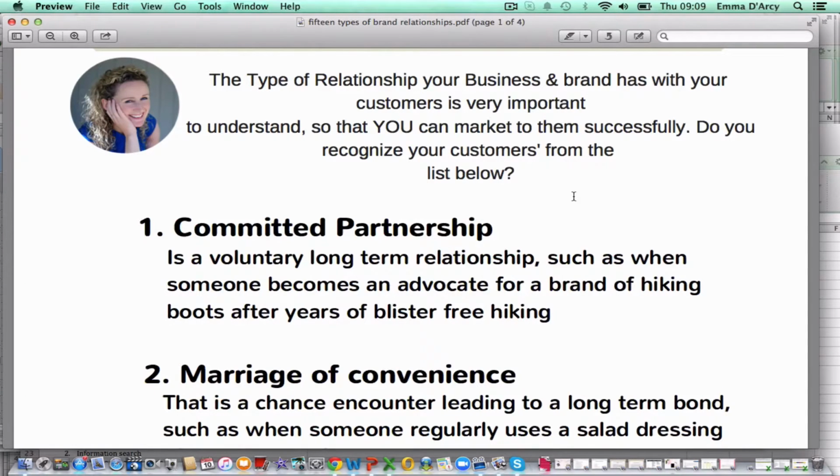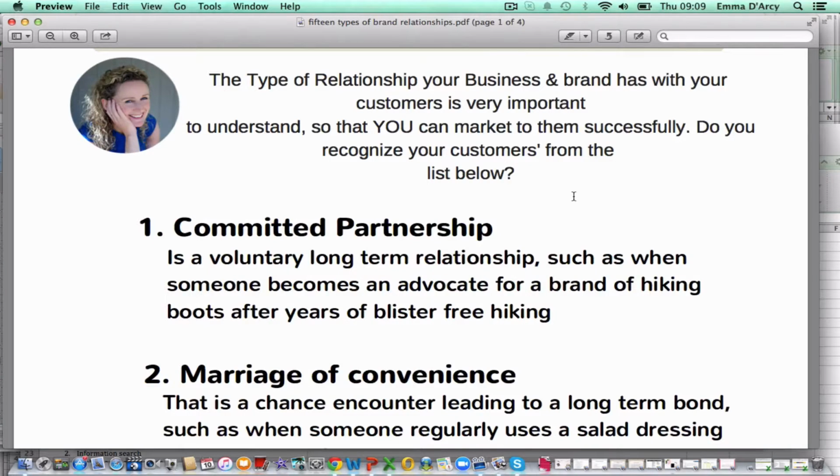The person feels really affiliated with the brand. They know they can recommend the brand, the product, to their friends, to other people, because they have had an excellent experience. The same can be said of coaching: if you've given very good coaching to people, they will get results and they will feel very good about themselves, and you are creating a committed long-term relationship. And often what happens is they'll come back to buy again and again, and they'll refer you again and again. So this is really the ideal relationship